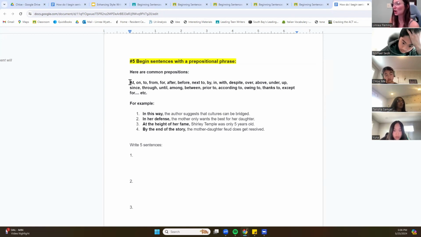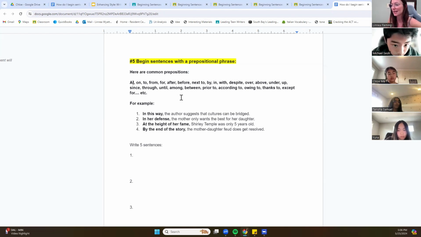Okay, so for example, at midnight, I ate a cookie. At midnight tells you when. The book is under the table. Book, table, what's the relationship between them? Well, we put a preposition in there, under, to tell you how those words are connected. So it's a great way to switch up the structure of your sentences.